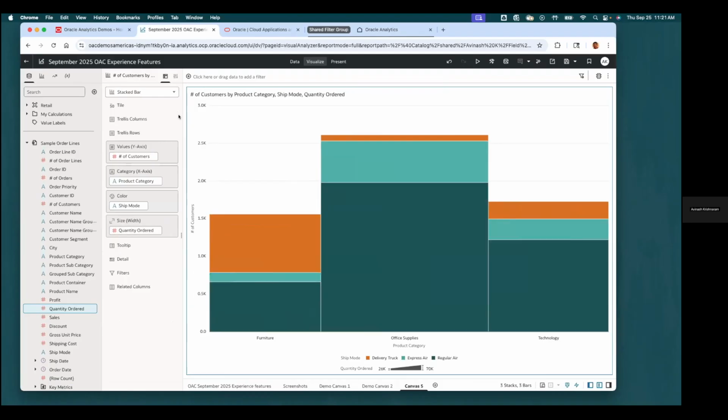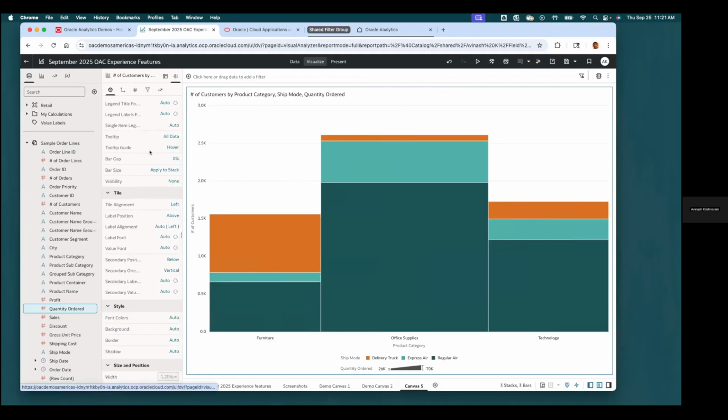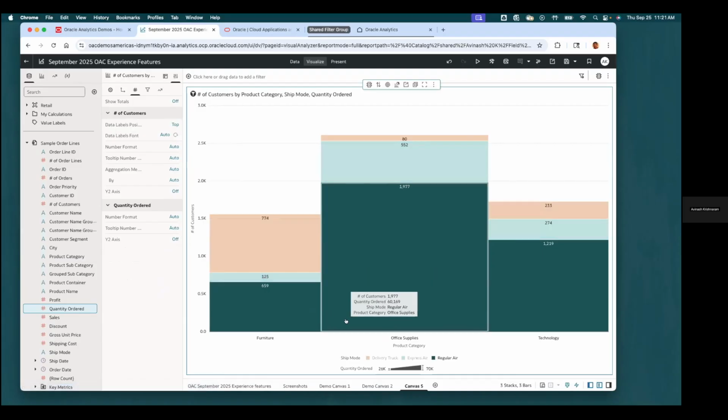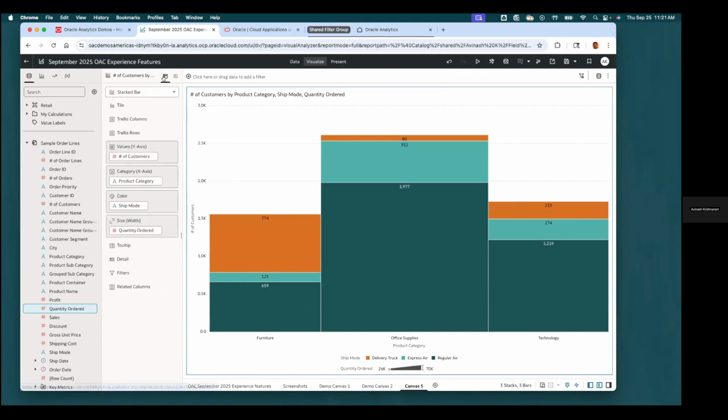When you do apply to stack, it basically applies the measure value on the size column to each stack in the stack bar. And of course, the other properties that are available for all visualizations are available for Miko charts as well. The important ones being the data labels, right? So you can turn it on, and it essentially provides a view of the categorical relationship, but of variable column with size, if you like.